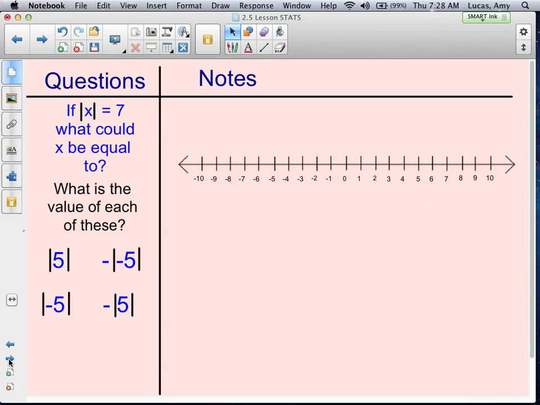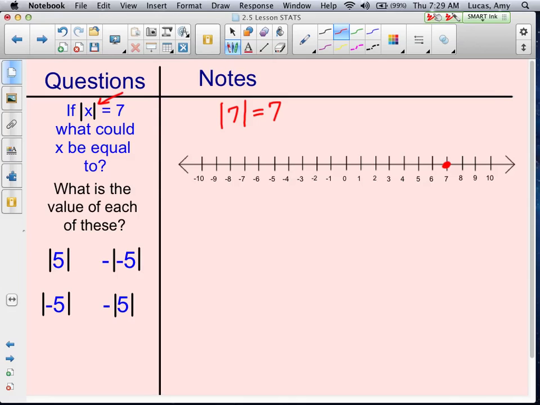Now I want you to think about this absolute value equation. Absolute value is represented by these two bars. So if the absolute value of something equals 7, what could x be equal to? What could x be equal to? So you may recall that the absolute value of 7 is equal to 7 because the number 7 right here is